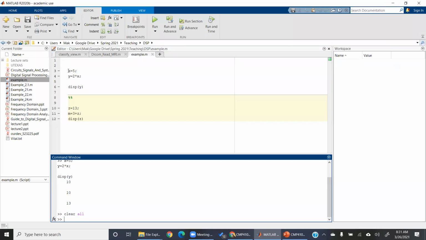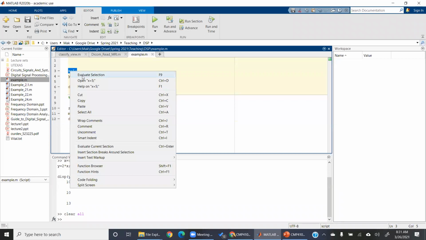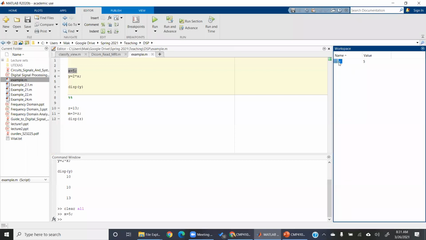But let me just run this line by line. X equal to 5. Right click, evaluate selection, see what happens to the workspace. It picks up the value and stores it in memory, and it shows up on the workspace. If you want to see the properties of this,